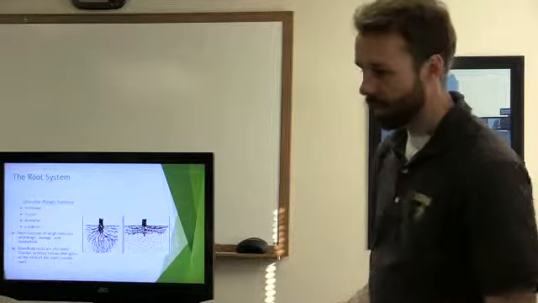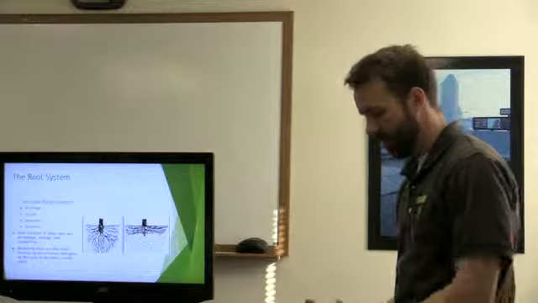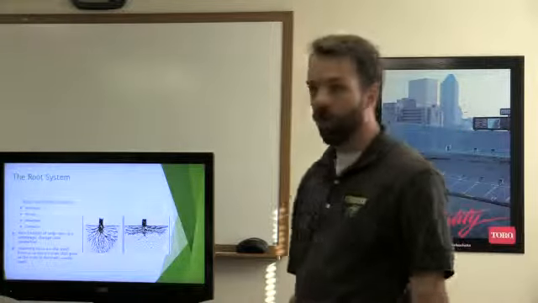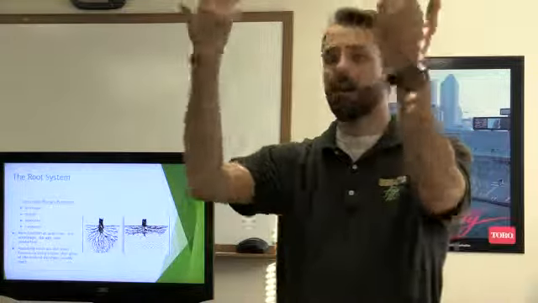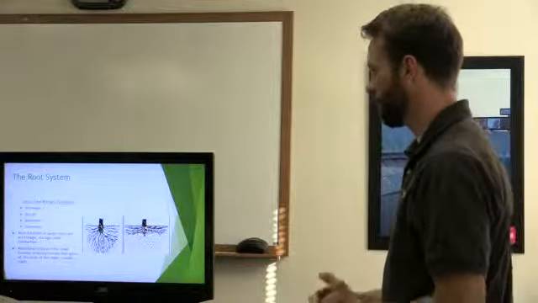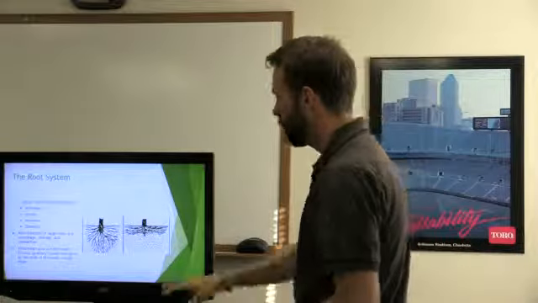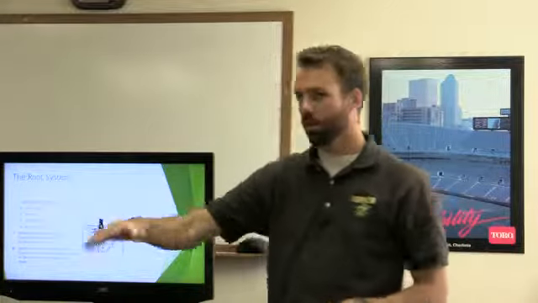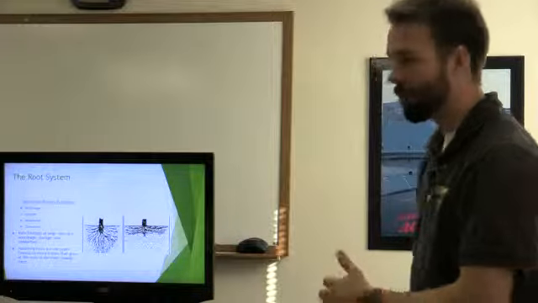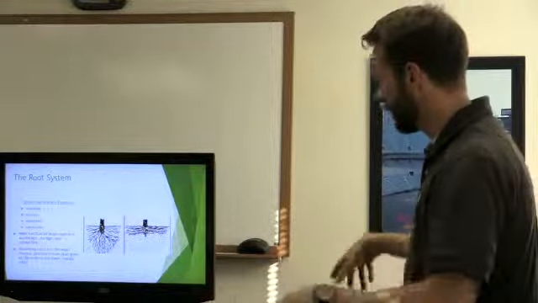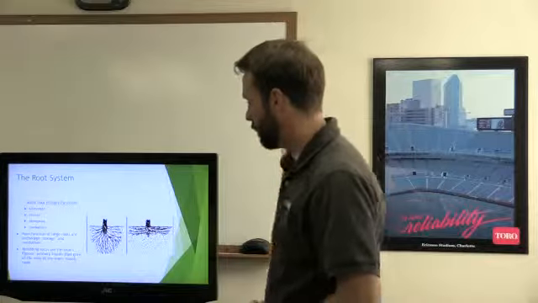Storage, it stores minerals and water. And conduction, pulling it up. The main functions of large roots are anchorage, storage, and conduction, and then the small root system, the absorbing roots, the ones up on top,